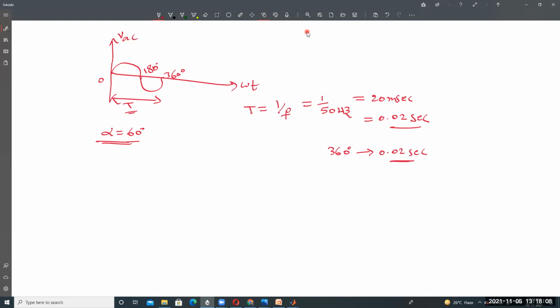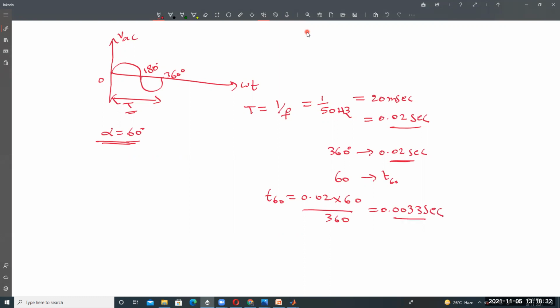Then for firing angle 60 degrees, what is the time? For example, T60. Then T60 is equal to how much? 0.02 into 60 divided by 360. We'll get 0.003 seconds.